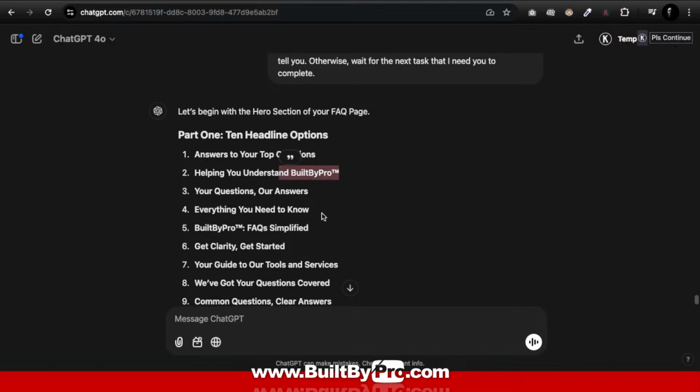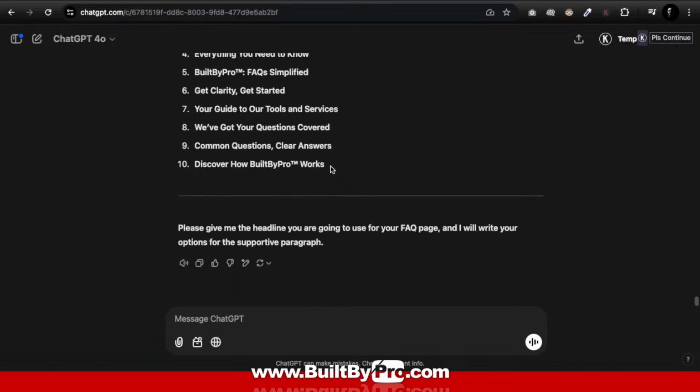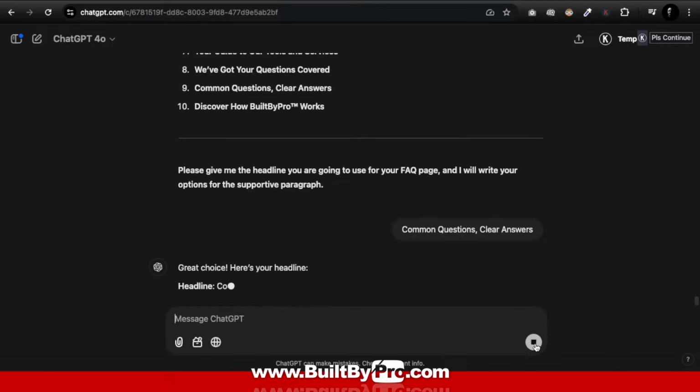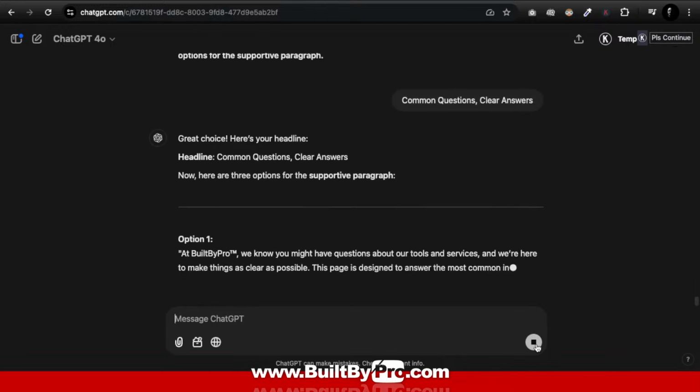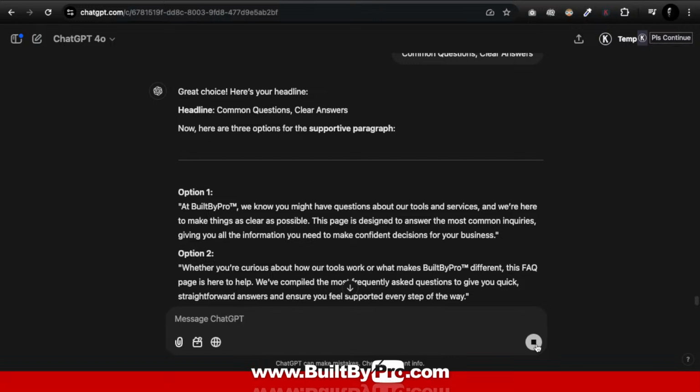Once you decide on the headline you're going to use, you'll go ahead and select that headline. We'll copy the headline, paste the headline into ChatGPT. We'll click Send so it knows the headline, and it will start writing your supportive paragraph. It will give you 3 options to choose from. Before we go through those options,